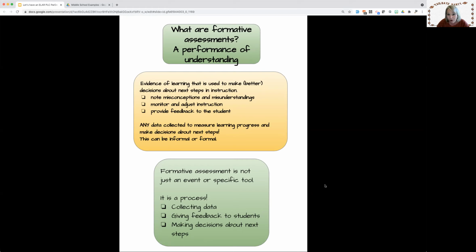So I'm going to say that formative assessment is any data you intentionally collect to measure the learning progress. And that includes students' discussion. Even sometimes the looks on their faces can give you a lot of data that can help you to see when they're understanding. You know how this goes. It's a process. I'm going to be able to collect the data very intentionally by saying, this is the target and here's exactly what I need to know that they know and can do in order to determine if they've